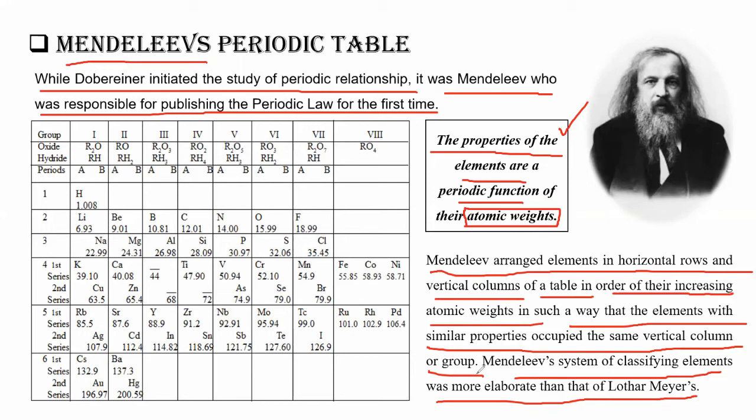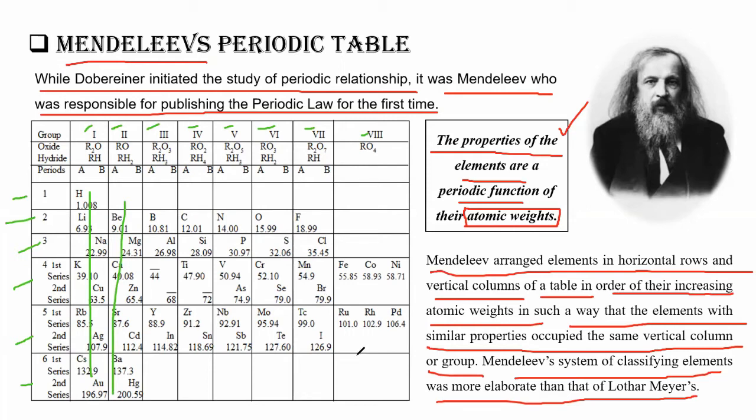Now these vertical columns, you can see 8 vertical columns were present in Mendeleev's periodic table, starting from 1, 2, 3, 4, 5, 6, 7 and 8. These 8 vertical columns were called groups, and the rows which are present horizontally were called periods, right? Now, as you can see, hydrogen, lithium, potassium are in group 1, group 2, like this. You can see Roman numerals 1, 2 were there.